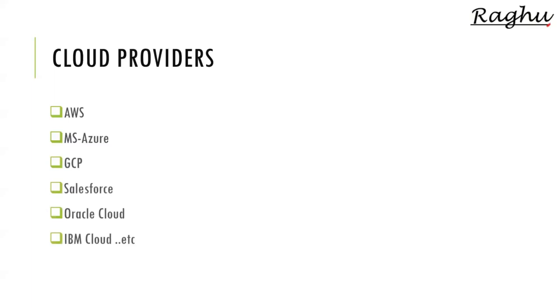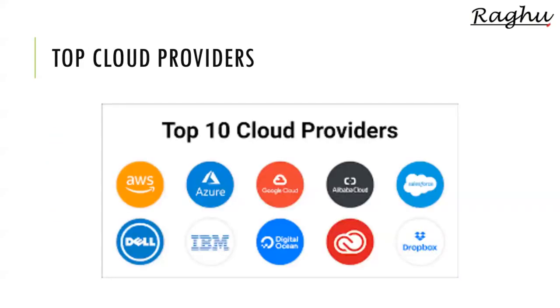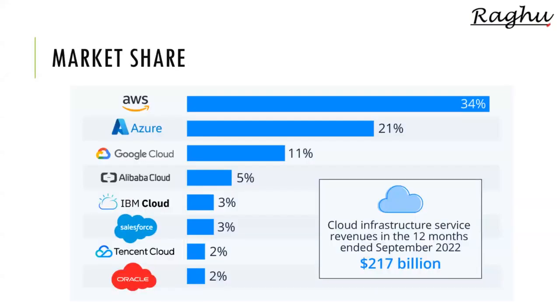So these are the cloud service providers. These are the top 10 service providers you can see: Azure, AWS, Google Cloud, Alibaba. There are so many more. The top 3 are almost fixed, the remaining change slightly. You can see the market share, which one is actually on top. Obviously AWS, Amazon Web Services, is almost at the top. The second competitor is Azure, and GCP is also there. The remaining hold a very small percentage compared to the top three. These three almost rule the market.